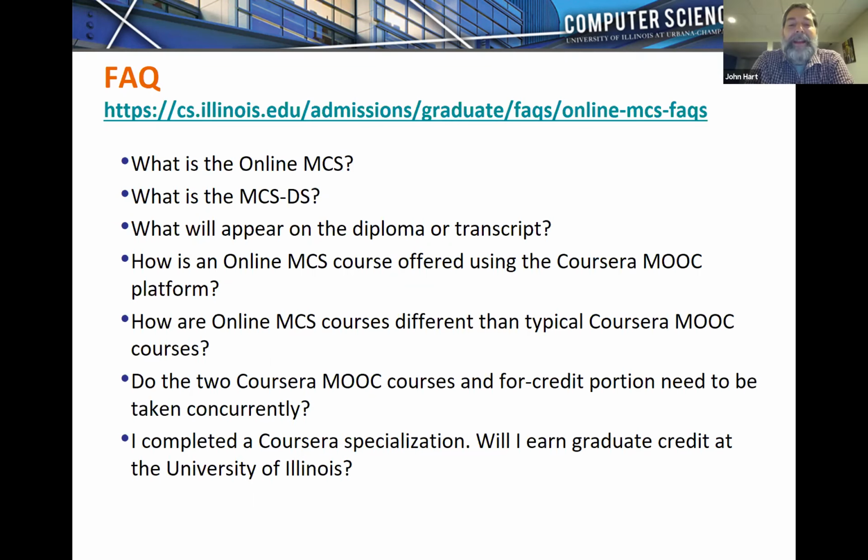I'm glad you asked that. So the online MCS is the Master of Computer Science degree. We have an on-campus Master of Computer Science degree, and we have the online Master of Computer Science degree. Some of our on-campus students take online classes as part of their on-campus curriculum as well. It's the same degree. All of our courses are taught by the same instructors, whether they're online or on campus, and all the courses have to meet the exact same approval requirements. They have to cover the same material. They have to be taught at the same level. So there's really no difference between the degrees.